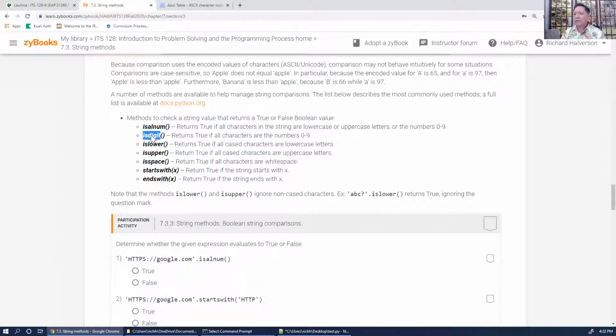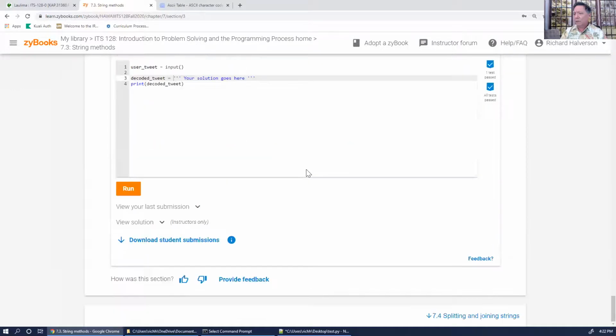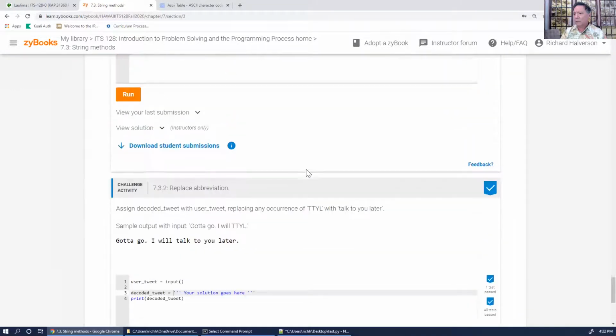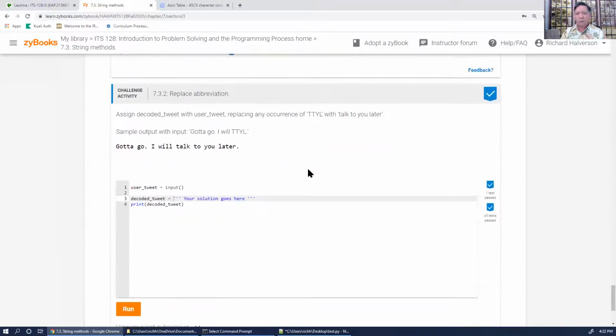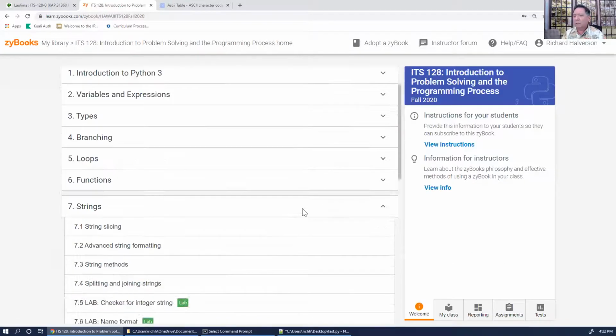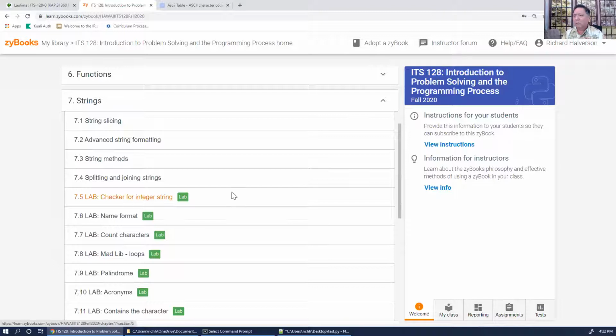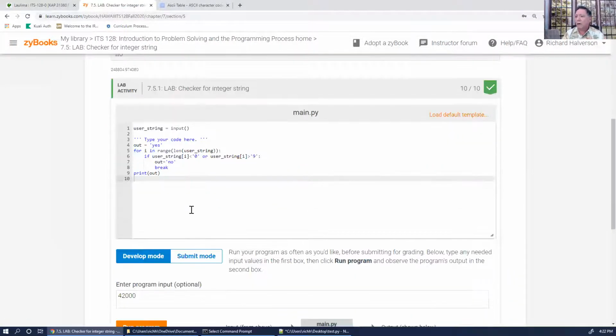I'm just going to copy this. Copy. And go to, is that down at the bottom here? Oh, no, it was 7.5, I thought. Something in 7.5. Oh, is that this? Is this what I was doing? Oh yeah, this is what I was doing. Okay, so I can just